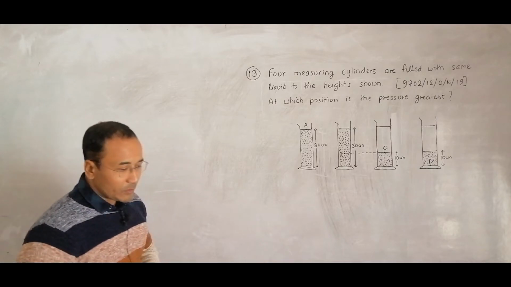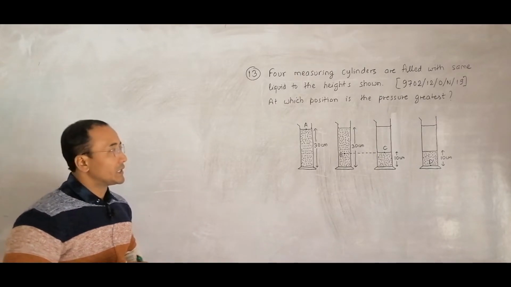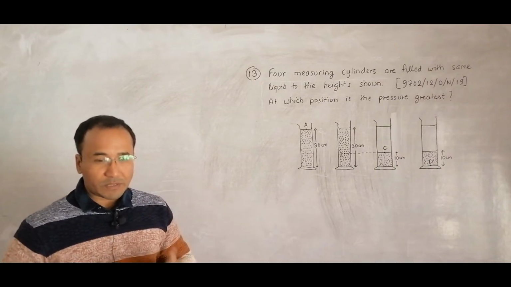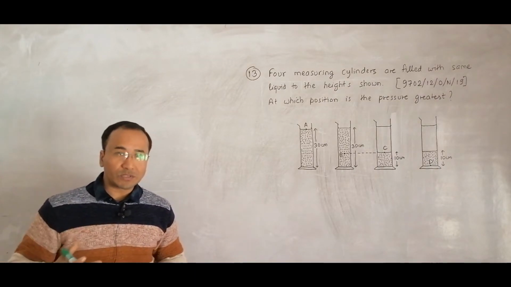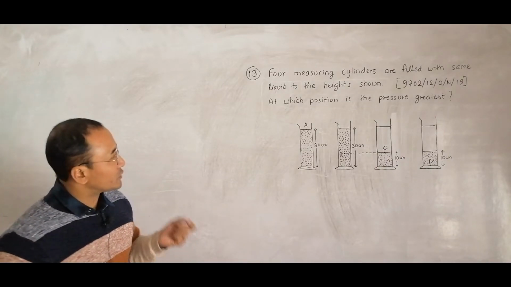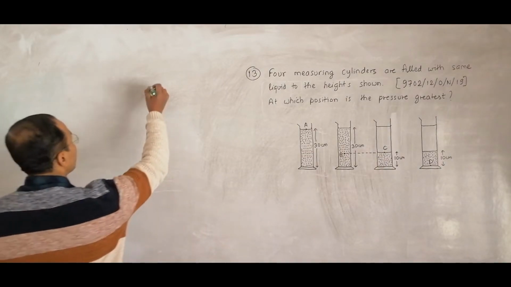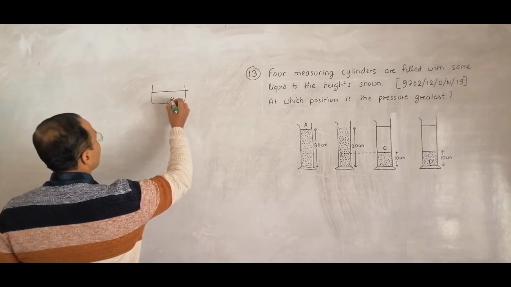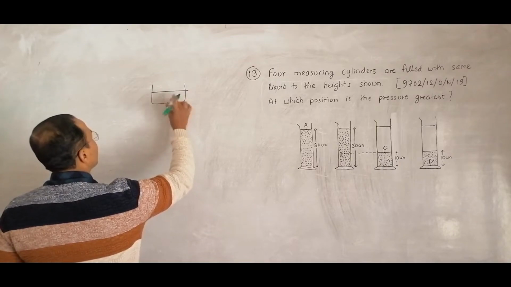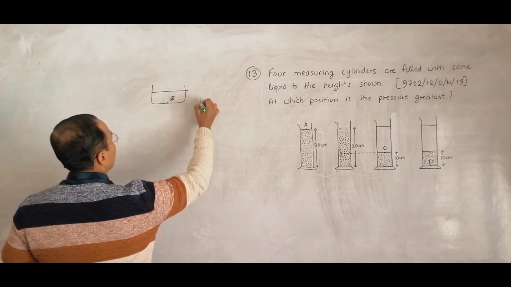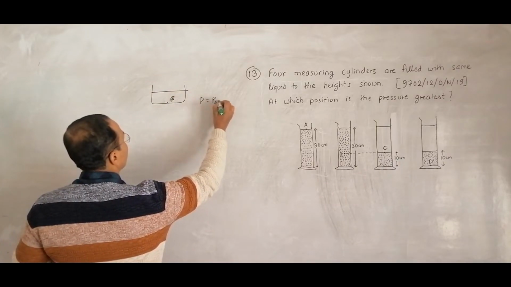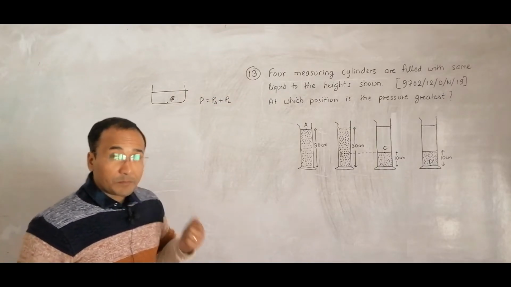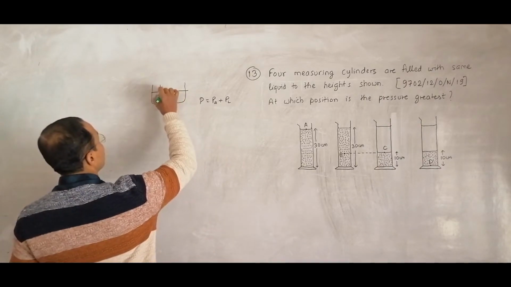So one thing that we have to remember is the pressure when we have a certain liquid in a certain item, maybe it's a cylinder, maybe it's a pond, maybe it is the ocean, maybe it is a certain other vessel. So the pressure at this point, let us say S, is equal to P atmosphere plus P due to the liquid. P atmosphere plus P due to the liquid. So this pressure will be same over here.